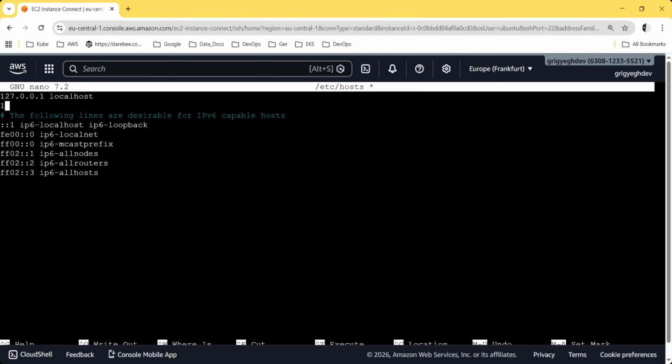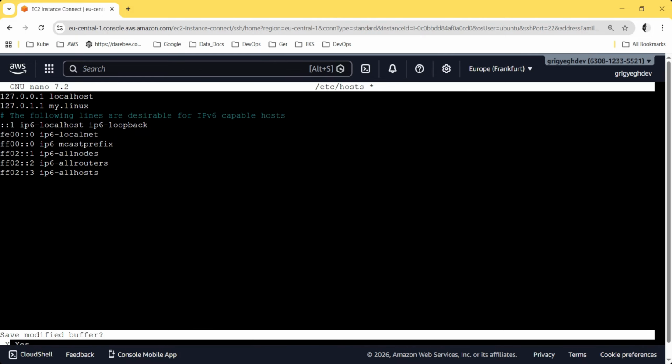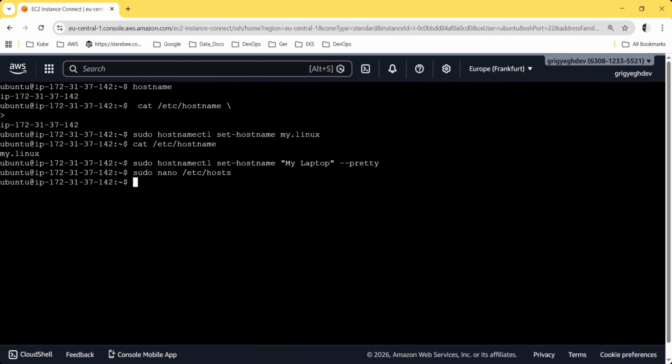For example, 127.0.1.1 and for example my.linux. Control X and save. If your system uses only 127.0.0.1, just adjust accordingly. Failing to update this file may result in warnings like unable to resolve host when using